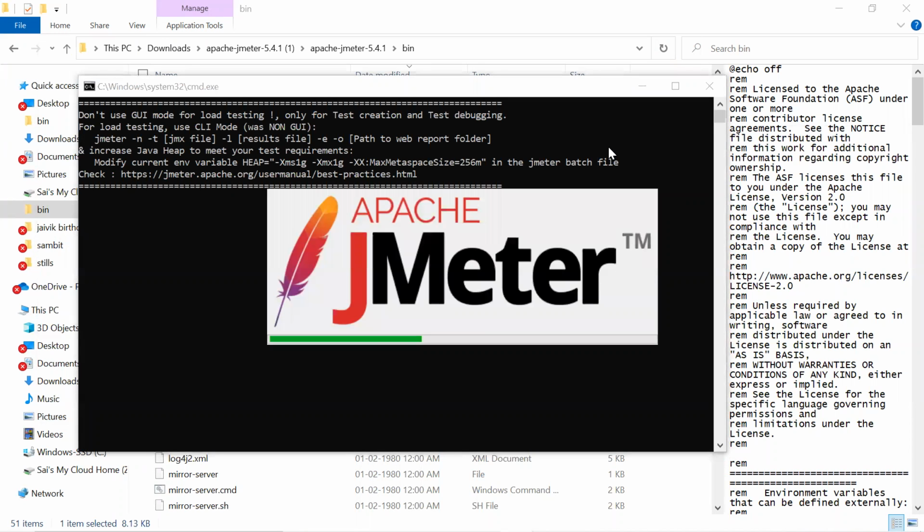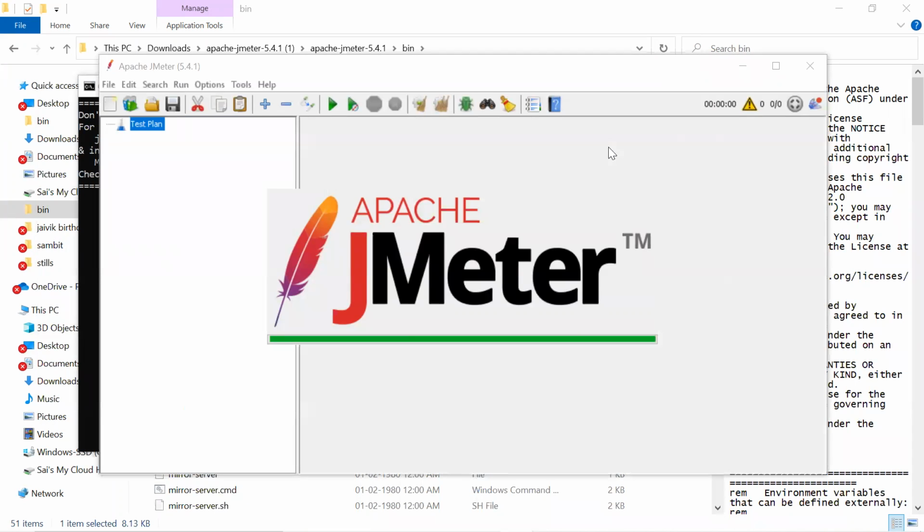Just remove the unwanted IP that you added. Remote host, that doesn't matter.